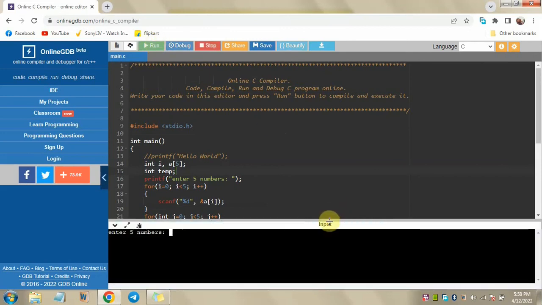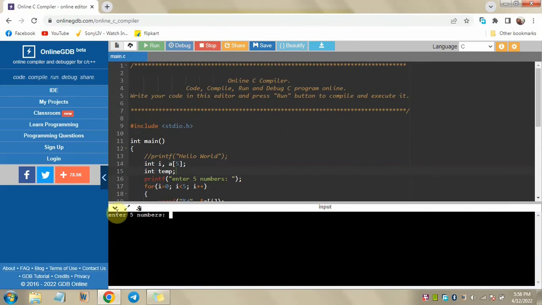See, it is running properly. It's saying enter 5 number. The output is saying enter 5 number. It is now expecting me to give 5 numbers. So let me give 1, and there will be a -2, there will be 33, and there will be 0. Oh sorry, 33, there will be 0, the 4th number, and the 5th number, give me some number, 78, right? So let's see if it works or not.